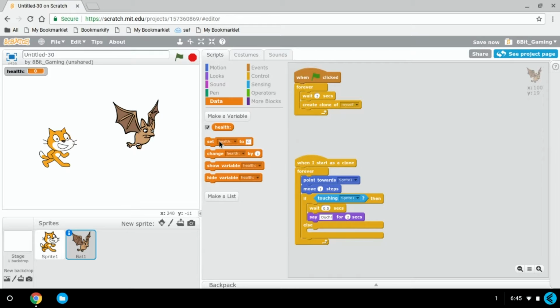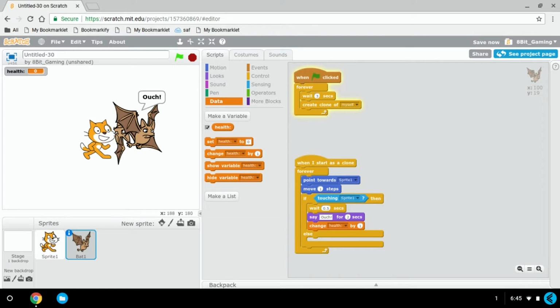And this will create a variable which creates a whole bunch of other blocks that we can use. So we have set health to 0, we have change health by, and we have show variable health and hide variable health. Okay, so I think change health by 1 would be helpful. When the clone spawns, this will make the health go up. See, it shows the health going up right here. So instead of making it go up, we can use a negative number to make it go down. So we'll do -1,